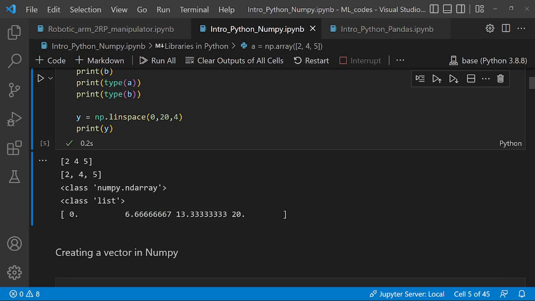I'll see now that I have 0, 6.6667, 13.333 and 20. So Python will figure out what should be the number. So this 4 is not the step, but it's just telling Python the number of elements that I want within the range of 0 and 20. So we have 0 as the first value, 20 as the final value. So Python will figure out what other 2 numbers should come in between to make up the 4 elements which are specified. If I change this to 5,